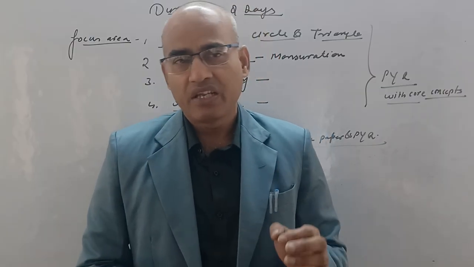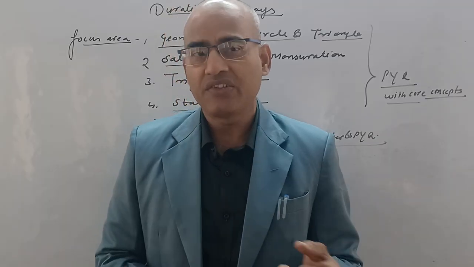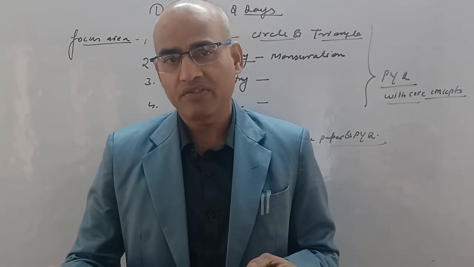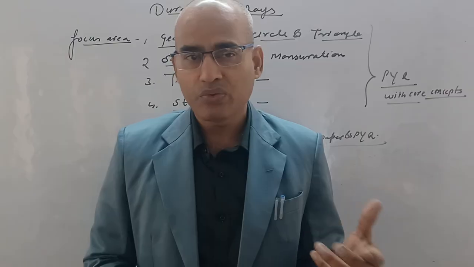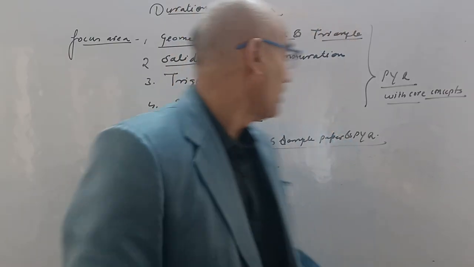Nth term, an is equal to a plus n minus 1 into d. Sum of n terms, Sn is equal to n by 2 into 2a plus n minus 1 into d. And you can also use, if the last term is given, n by 2 into a plus l. And